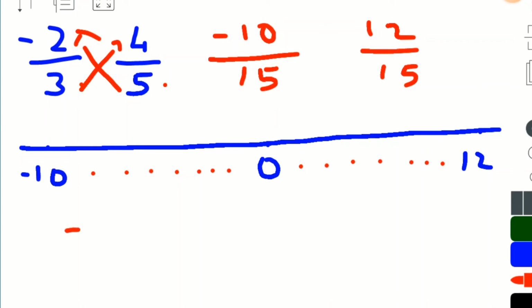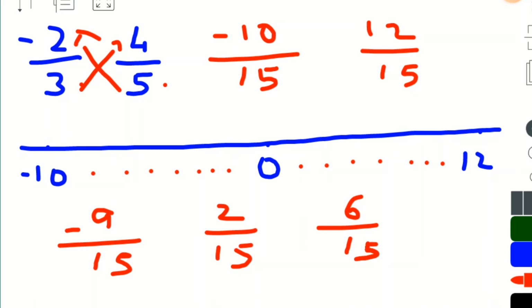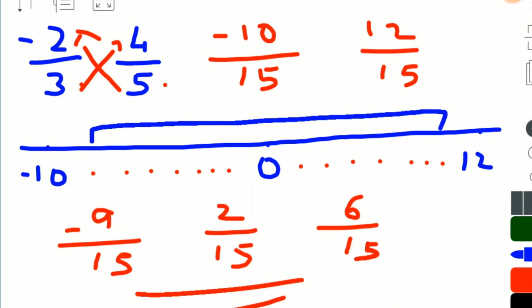So you can take any of those numbers as your answer. So let us consider minus 9 upon, what will be the fraction now? 15. Minus 9 upon 15 is one. I'll take 2 upon 15, the second fraction, and the third one also upon 15. You can take any numbers between minus 10 and 12. So hope you are understanding. We will see the last type,